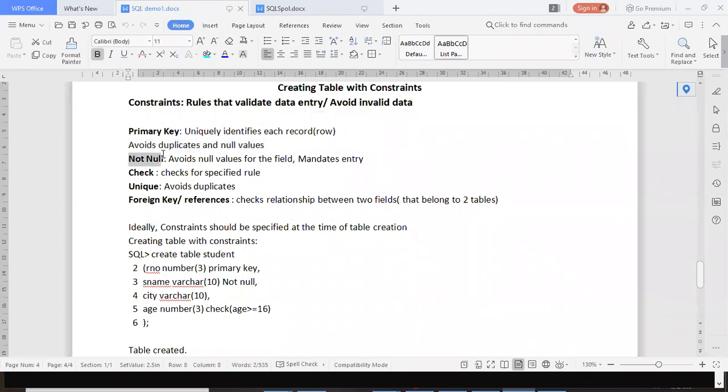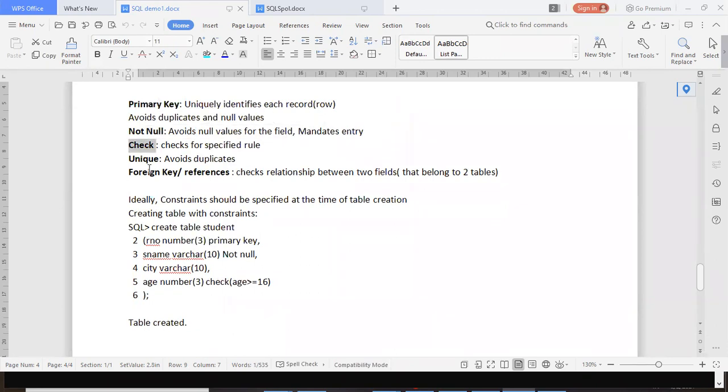Then there is the not null constraint, which will exclusively not allow null values. Sometimes the field may not be a primary key, but there could be some fields for which you don't want the user to enter null values. That can be checked using the not null constraint. Then there is the check constraint, which can be used for various purposes. Then there is the unique constraint, which checks for duplicates, and the foreign key constraint, which is very, very important and a little difficult to understand, but once you have understood it, it works miraculously.